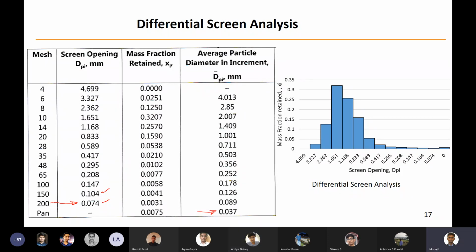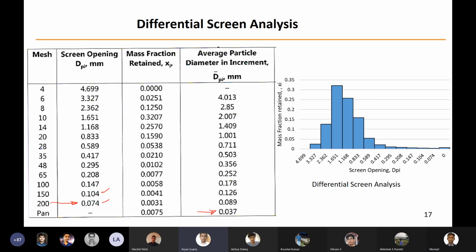So it passes through means it can go even below 35, right? It can go even below. Every particle that passes through 35. Sir, we can multiply n with the sum of all the xi's that are below 35. Not multiply, we have to add up all the weights from the bottom, right? Yes, so first of all the xi's should be added and then it will be multiplied. Sum up all the mass fractions below 35 and then multiply it with the total mass.